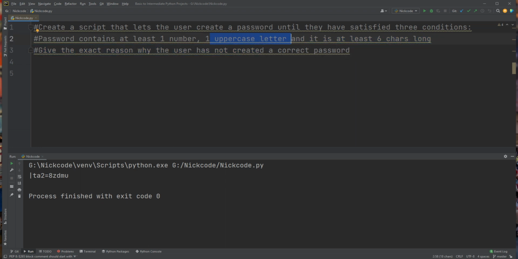6 characters long. If all these three conditions are met, then we have to print that your password is fine, go ahead. Whereas if any one of these conditions is not met, then we have to specify the reason which of these conditions are not met, and then we have to ask to re-enter the password. Okay,